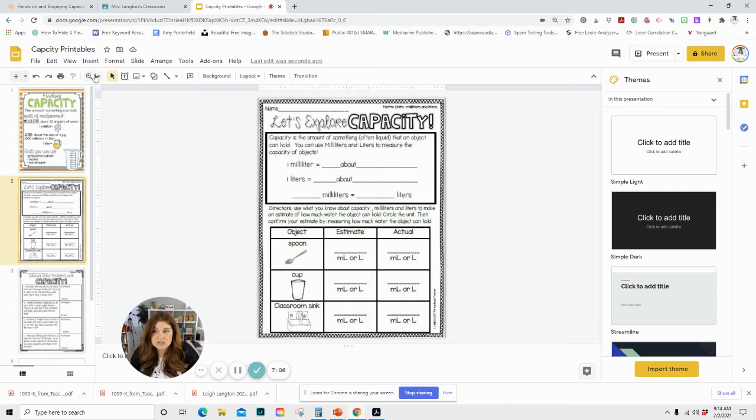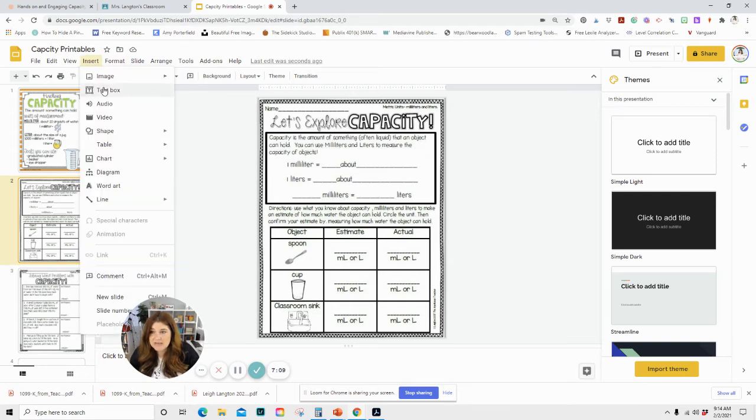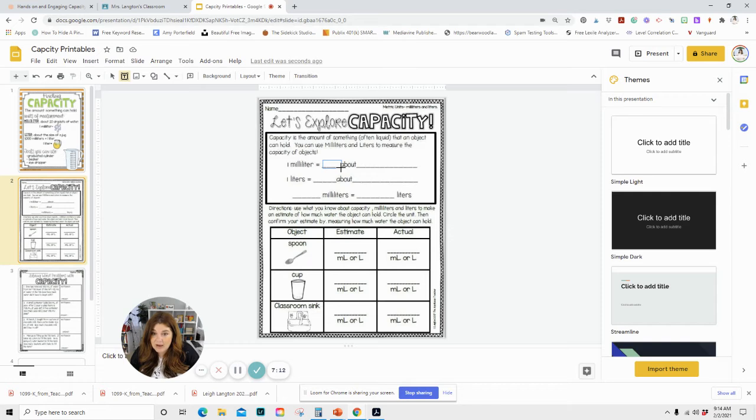the missing information. And to do that, all I have to do is insert text boxes. So this makes what was a PDF now interactive. Make sure it's big enough that students can type on and see. We don't want it super tiny. And I'm going to Control C to copy and Control V to paste. So Control C, copy, Control V, paste. And I'm just putting text boxes wherever there's a spot for students to fill out. And as we go through our lesson,